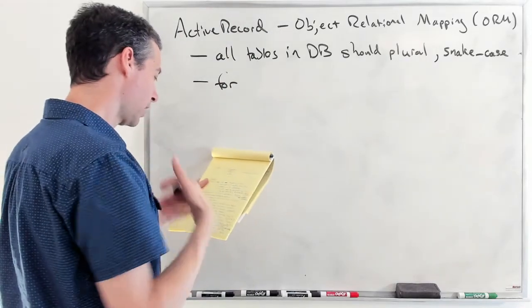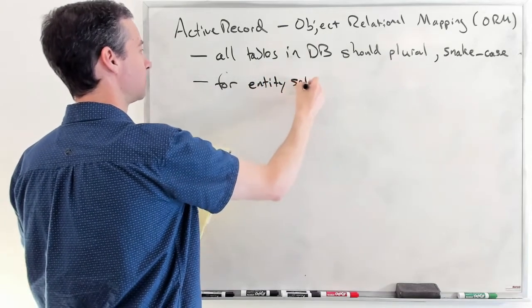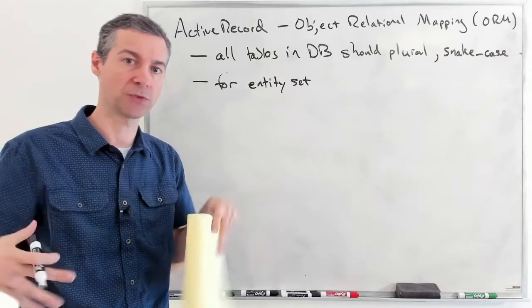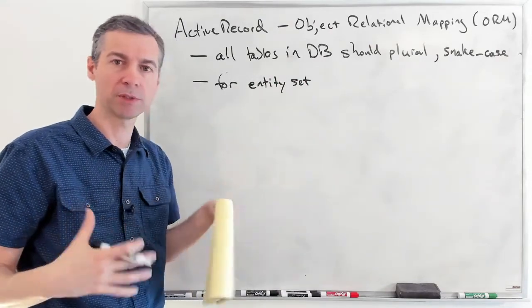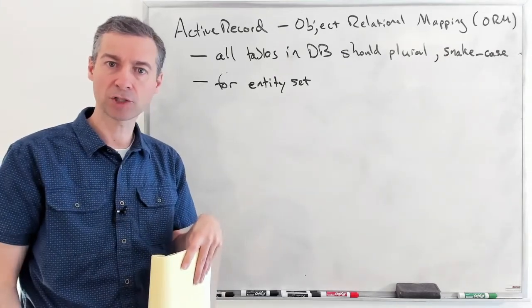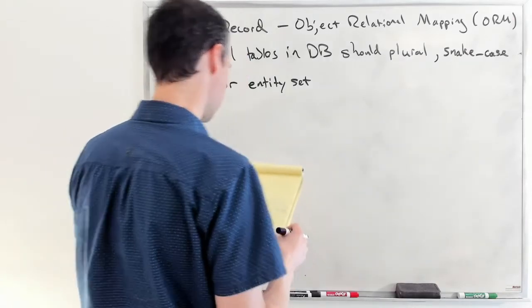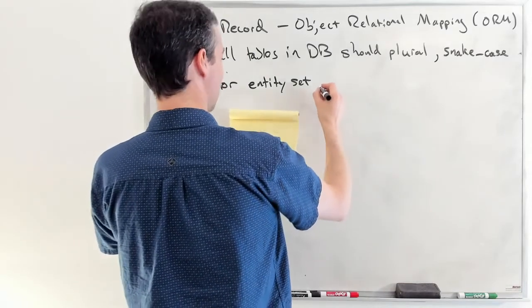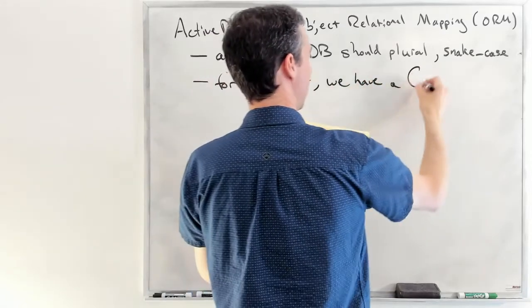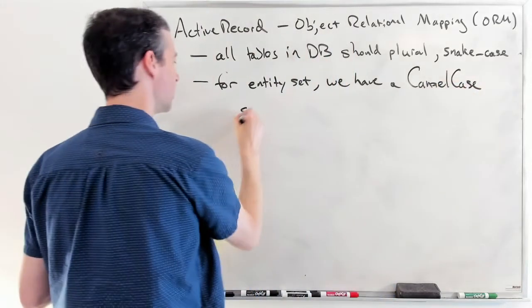Then for the entity sets, it's the entity sets that in general are the things that we're creating models for. It could be possible to create a model to represent a relationship set that has attributes on it. But let's just keep it simple at the moment with our entity sets. Now for each of these entity sets, what we'll do is we will make ourselves a camel case singular